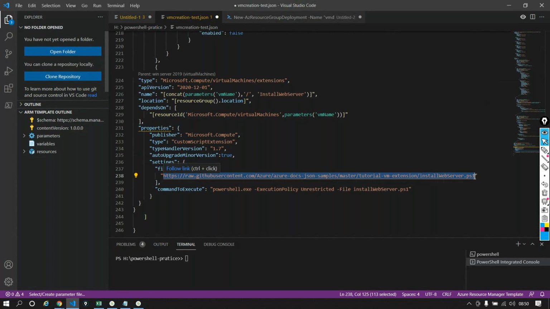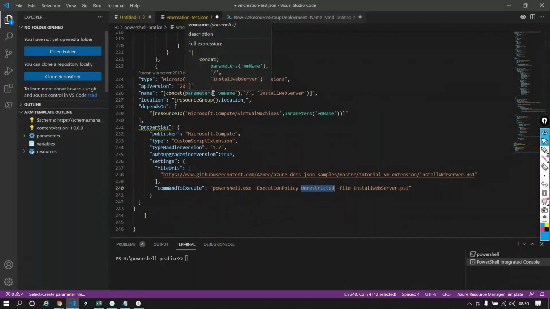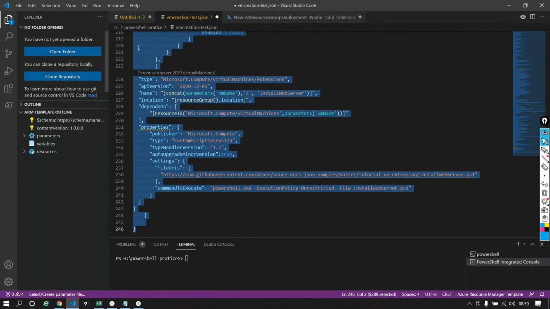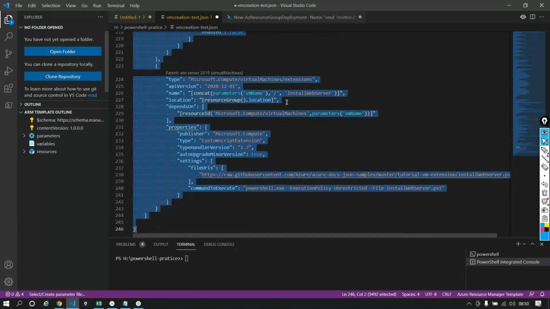Go into that URL, catch that script and execute this command, meaning go into that virtual machine, invoke something known as PowerShell.exe and execute this particular file which is called iiswebinstall.ps1 in an unrestricted mode. This is the entire thing I'm giving it. And now my template became a bit clumsy because I copied and pasted something out here. So I just press Control A and format this so that my template looks more appealing and pleasing